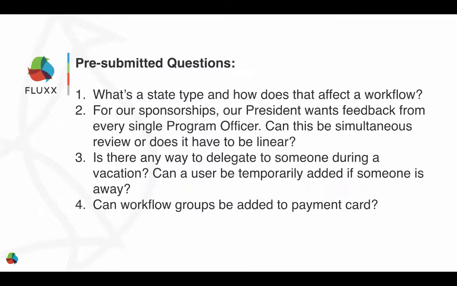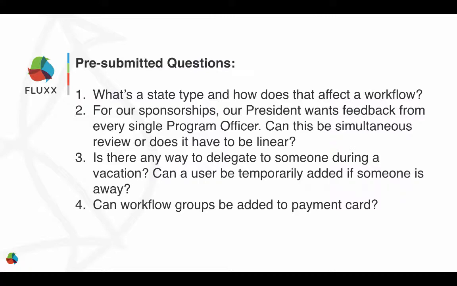So first, we're going to take a little bit of time to answer some questions from various Flux customers. And remember, you can submit more questions in the chat field or the Q&A section at any time. If you have any questions, go ahead and enter them in there. If we answer them as we go, then we can just keep moving. Otherwise, we'll have a chance to try to stump a Fluxxpert here.